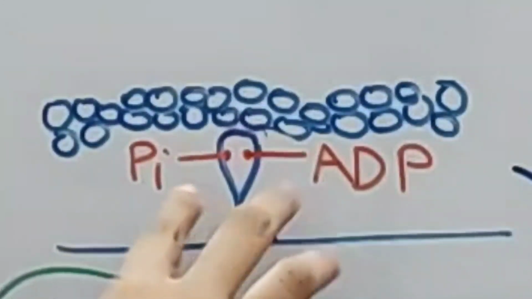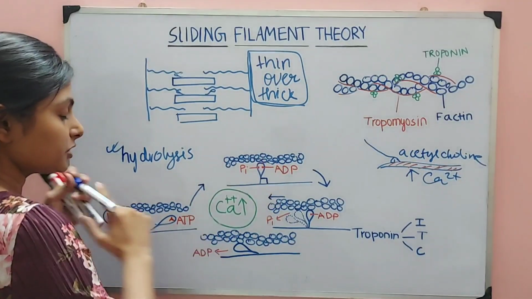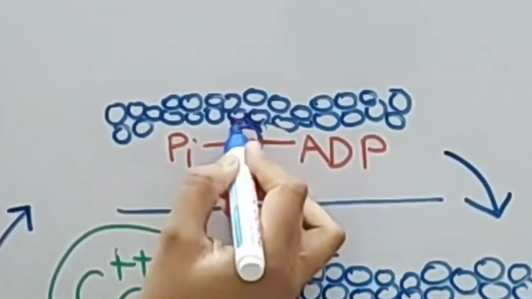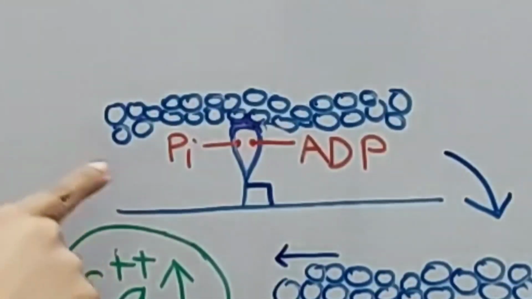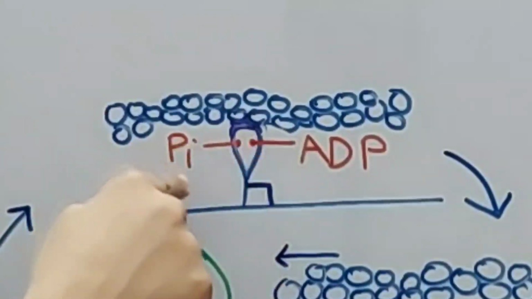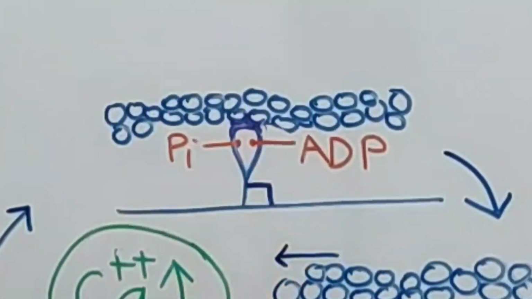Next, what happens is whenever there is hydrolysis and this becomes 90 degree, the activity in the actin increases, and that causes the formation of bonds. So now this will get attached. You understand? The moment hydrolysis takes place, this becomes straight. This becomes from 120 degree to 90 degree. But there will not be bond formation right away. First of all, it will hydrolyze. The myosin will move from 120 degree to 90 degree. Then there will be a bond formation. That means myosin will bind to the actin filament.